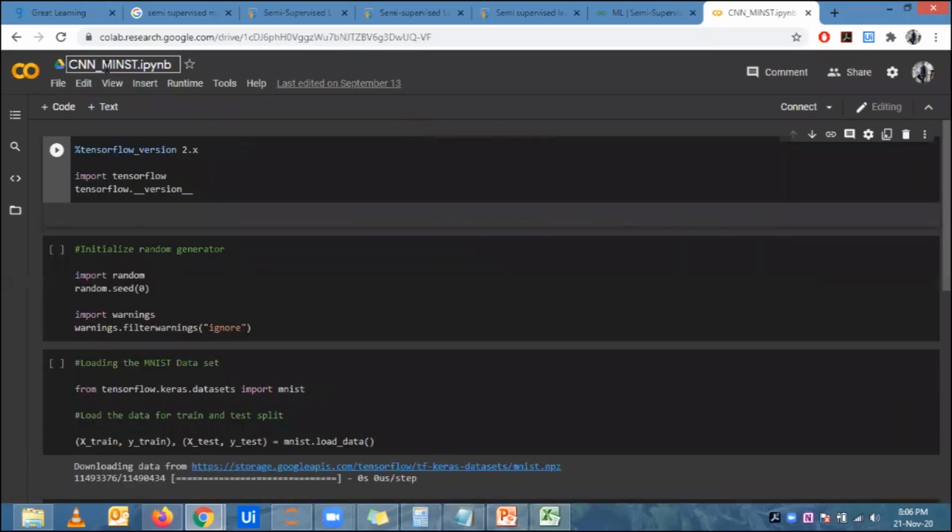The amount of data in it is huge. This is the dataset that globally is known as MNIST.